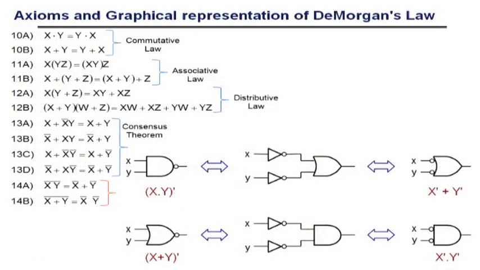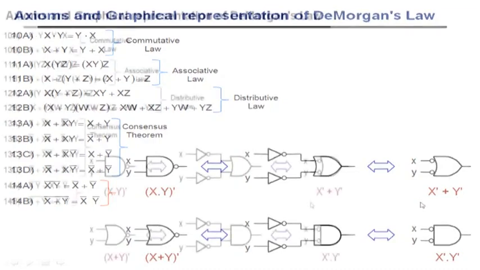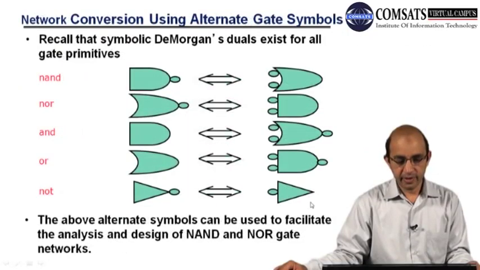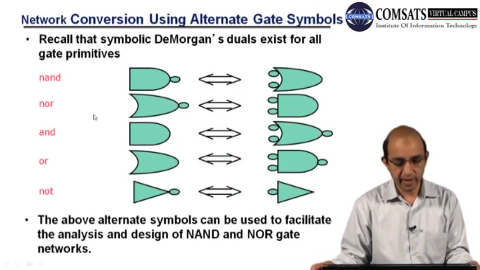And these are the axioms, right? And some of them are represented graphically, and this graphical representation we will be using in a moment, right? So you can see that we have x dot y whole bar, and we have x bar plus y bar, right? So here we can have equivalent representation. This is the NAND,